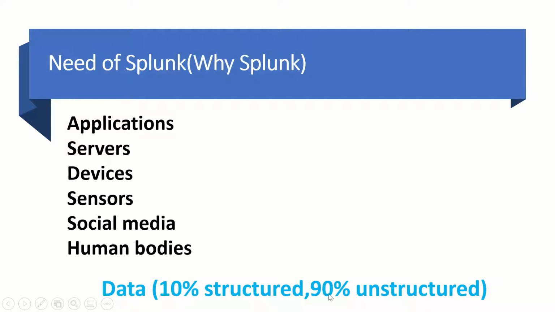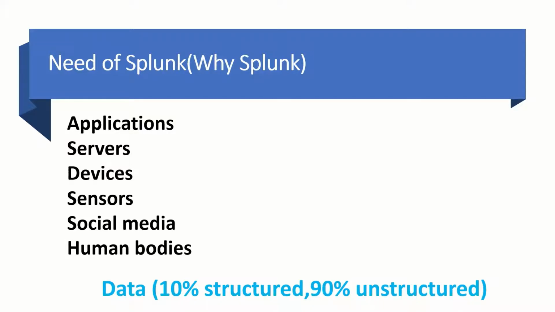When we say structured and unstructured, structured data has some format. Like in a database, there are specific formats: name, age, salary, city. There are columns and respective values. But in unstructured data, there is no structure. Any data can sit anywhere, and it's very difficult to understand that kind of data.